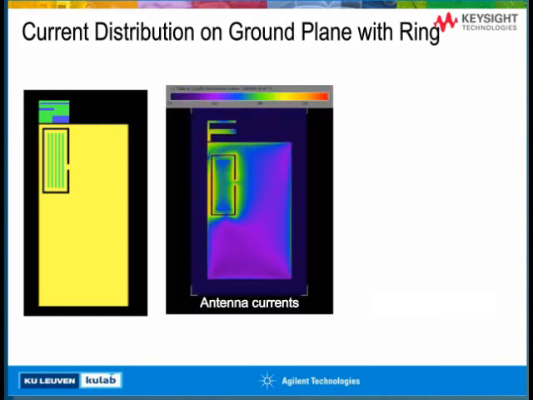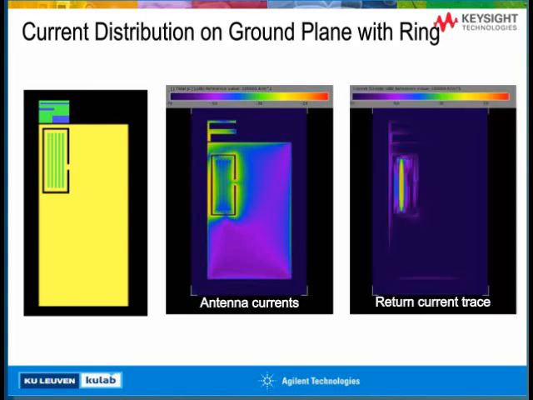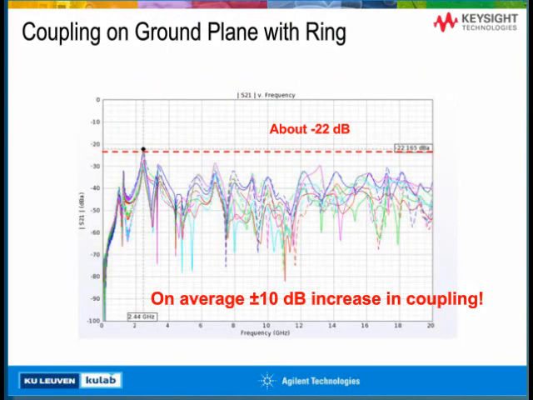the ring can be resonating together with the antenna, and actually the antenna currents will move inwards to the region that's inside that ring quite easily, because it's high frequency. The ring doesn't influence that much the return currents of the trace, but again, we can see that we probably will have a higher overlap between the antenna currents and return currents than with a solid full ground plane. Again, this is expressed in the coupling, where we see about, on average, a 10 dB increase in coupling compared to the full ground plane.